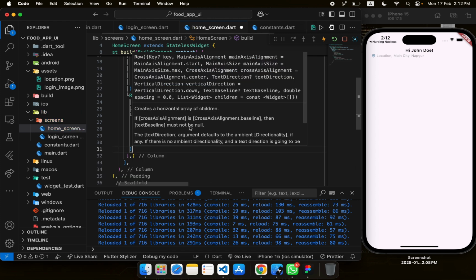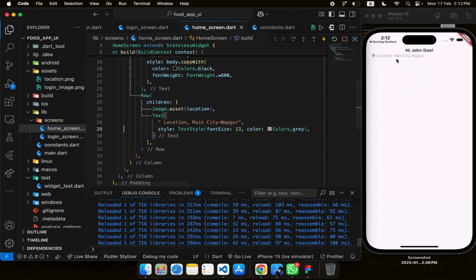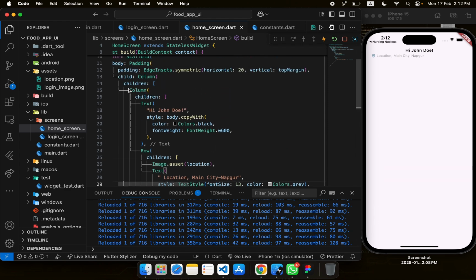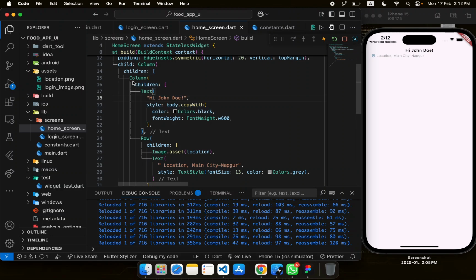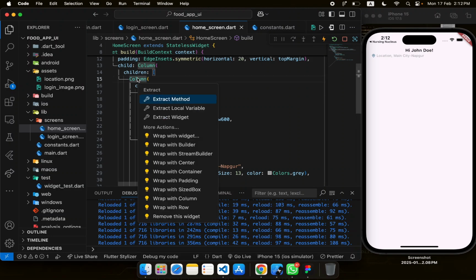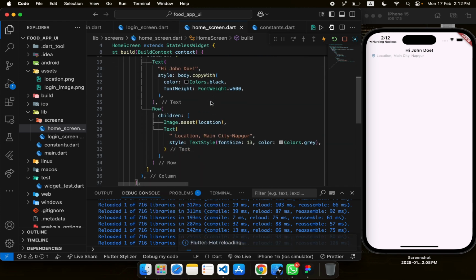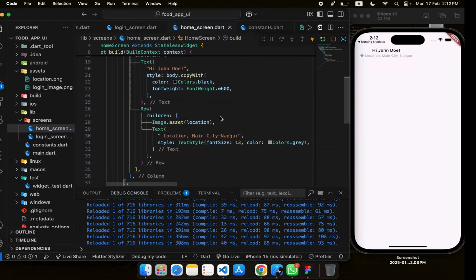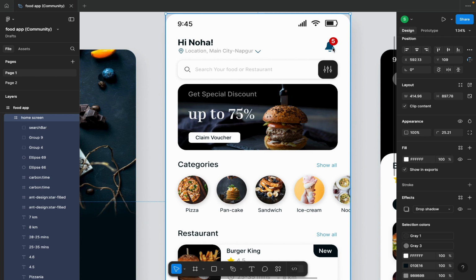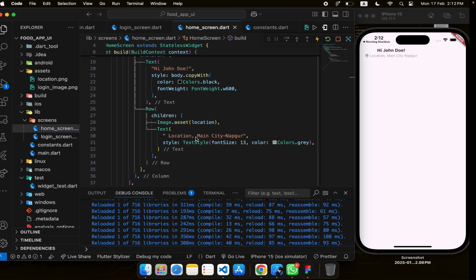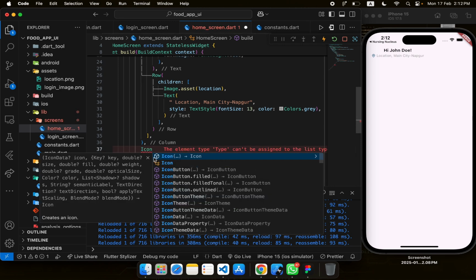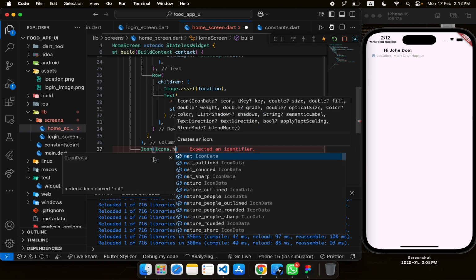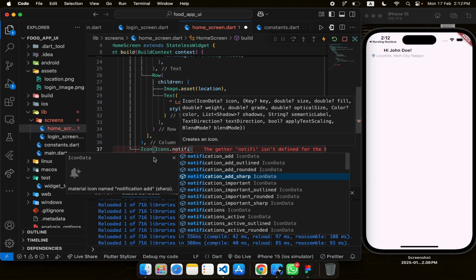In the children, we will be having those icons, but now this column will be in a row with this bell icon. So I can just wrap this column in a row, and then that row will contain this column, and then we will have the notification icon in the row. So with this column, I can add this icon to the icons dot notification,